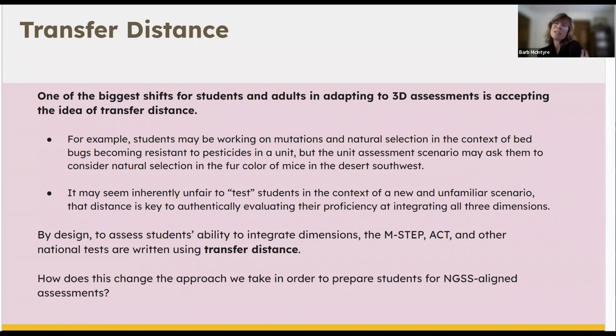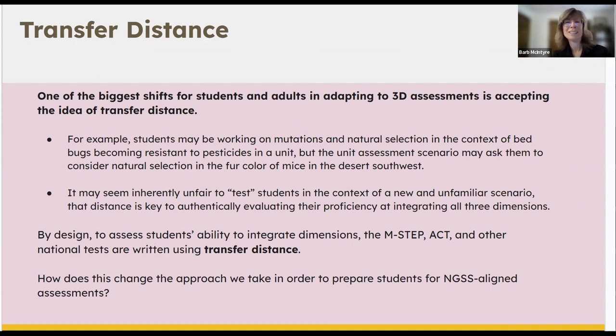Okay, let's talk about transfer distance a little bit. It's something that freaks students out sometimes, except your non-studying kids. Non-studying kids love transfer distance because it doesn't really do them any good to memorize a bunch of stuff. Transfer distance would have terrified me as a student because I just wanted to be able to memorize everything. This is a little shift for students. It's a big shift for parents. Like, how can you trust my child on this when you haven't taught them about rock pocket mice? You only taught them about